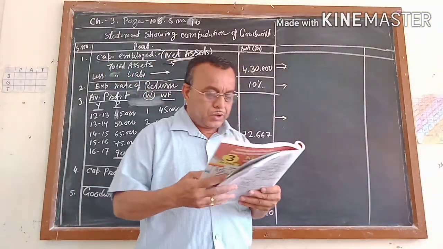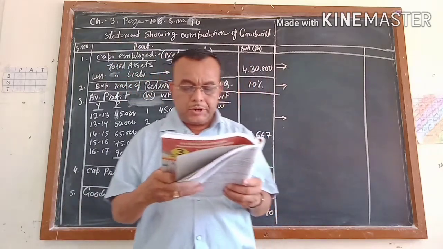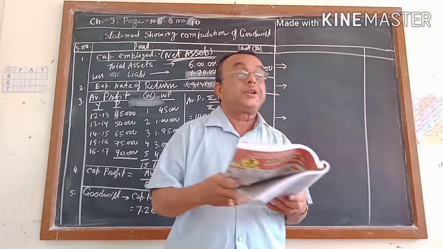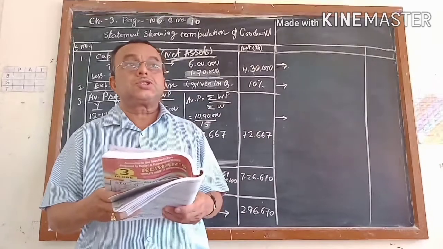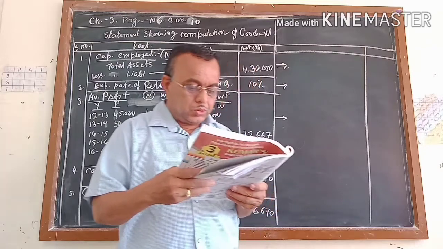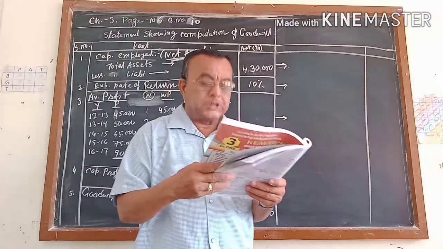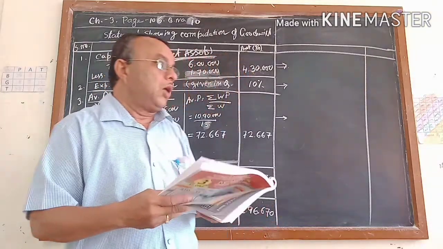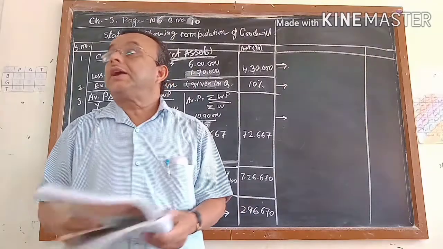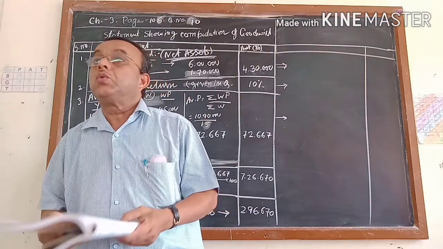Question number 10: from the following information of M and R of the firm, determine the value of the goodwill of the partnership firm on the basis of the capitalization of weighted average profit method. Weighted average is given. The profits are 12, 13, 13, 14, 14, 15, 15, 16, 16, 17, 45, 50, 65, 75 and 90. All are in increasing order, so we can apply the weighted average profit method. The additional information given: business assets 6 lakhs, business liability 1 lakh 70.